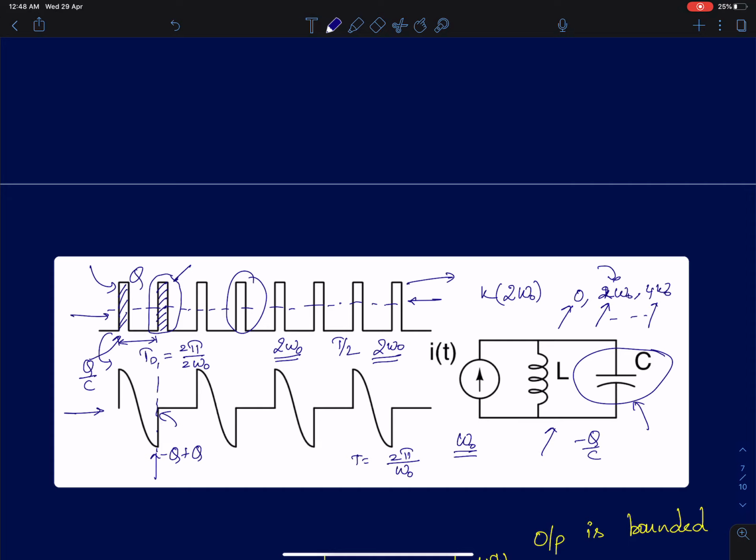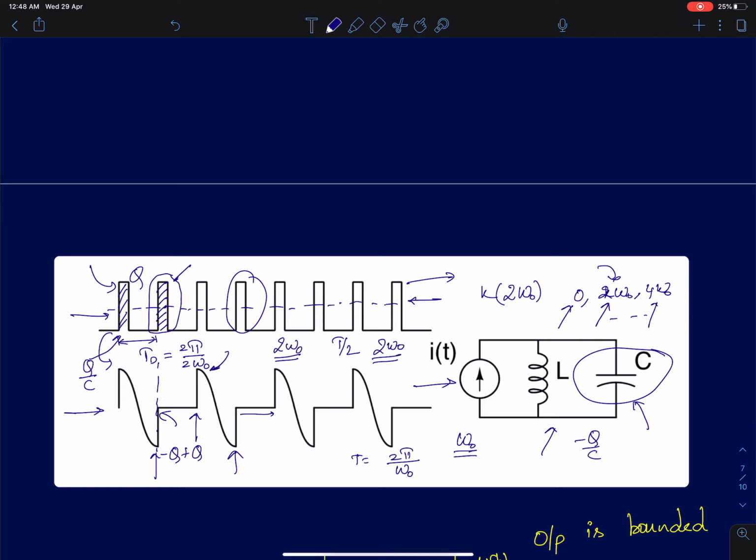There was an energy because of the charge, and it had a voltage across it. What happened to it? That energy is dissipated by the current source. An ideal current source can either dissipate or deliver energy. So in this case, the current source will dissipate all that energy, and the voltage waveform will come to 0 here. At the end of the first cycle, again you're going to deliver a positive packet of charge, and it's going to oscillate for one half cycle, and then again it's going to remain 0 for the next half cycle.